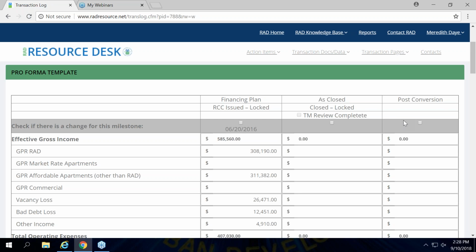From a RAD RECAP perspective in their review process, it's important that the transaction managers are reviewing that prior to closing, and so we've added a little button where the transaction manager can actually click to say that they have completed their review